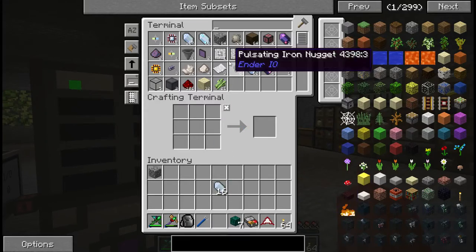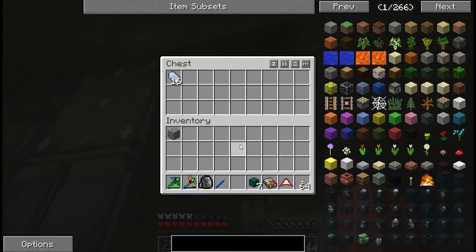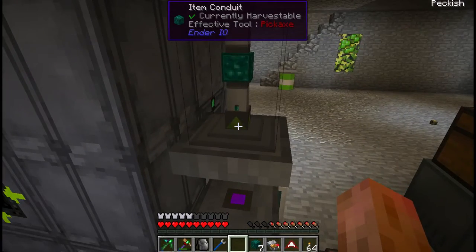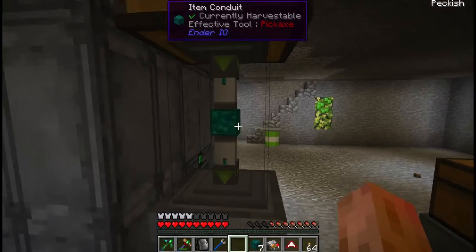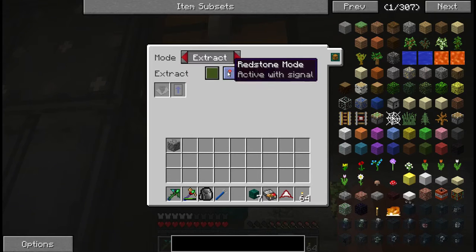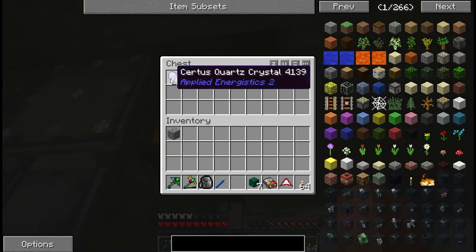I don't want to do too many. 16. And I'm going to throw these in here. Now right now nothing's happening. It's sitting there. And this little arrow here is green. And this one's green and pointing up. If I right click on this guy, I'm going to say I don't want it to extract, I want it to insert. Okay? And still, there it is sitting there. This one says extract, but it also says active with signal. If I click that, now it's active without a signal,